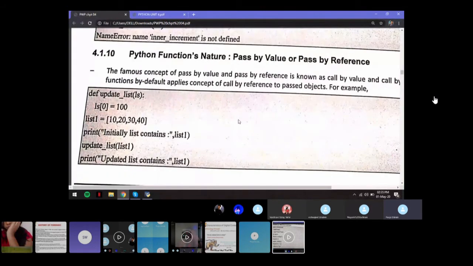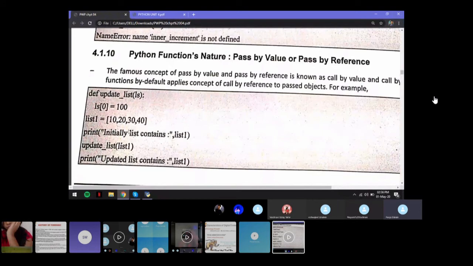So now we'll go to the next topic called pass by value or pass by reference. You're already familiar with this. You've studied it in C, C++. So we'll see how this works in Python. You already know if you pass by value, you're passing the actual value. But if you're passing by reference, you're passing the address or the memory location of where the value is stored in the memory. So it actually gets changed in the memory, right? So let's see how it works in Python.